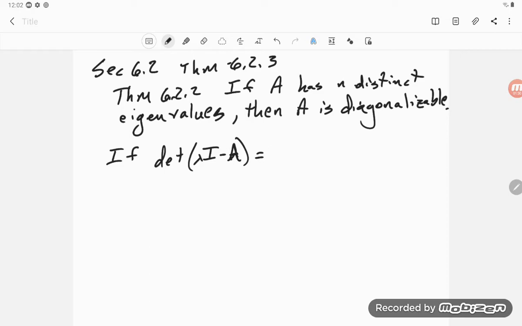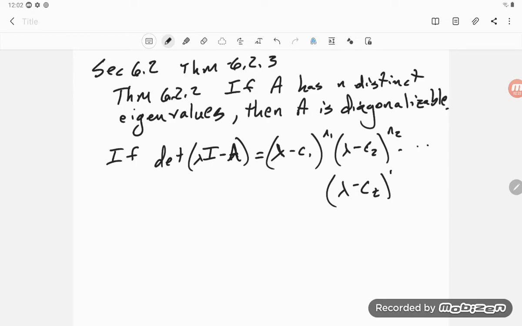So they're saying, okay, if this is made up of these factors, they have one root but some multiplicity. It might be 1, but it might be 6 or something like that, and then minus C2 to the N2. So this thing factors into all these different factors, but again, some of them may be multiple factors. Okay, if the determinant of this thing, or the characteristic polynomial, can be written like this,